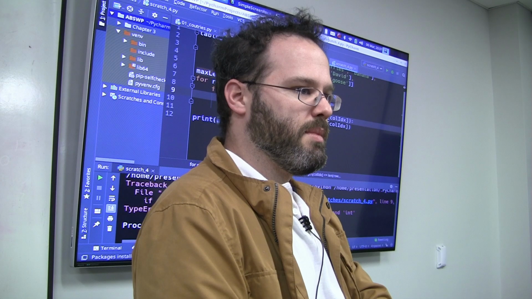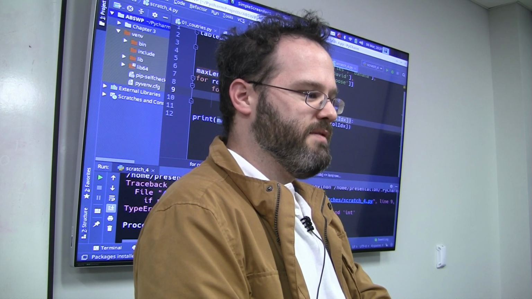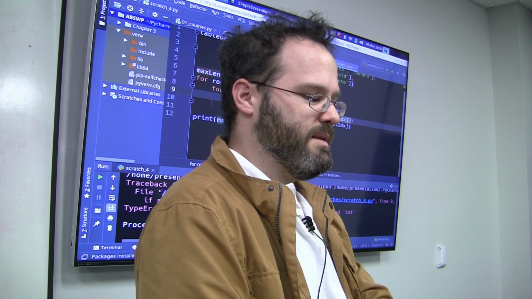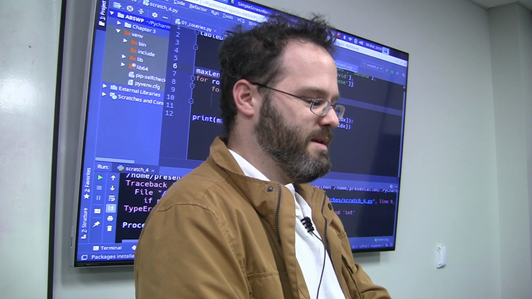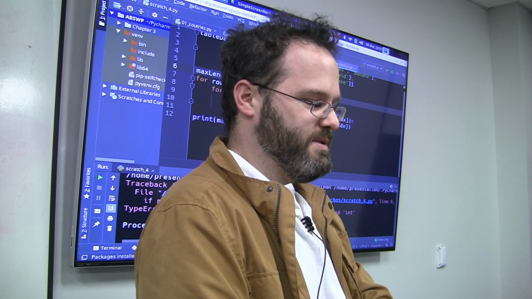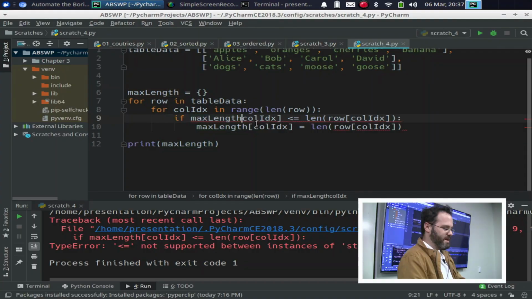Why not use a dictionary of indexes? A dictionary of indexes. That's another option? Dictionary of column numbers. That sounds easier. Yeah, we learned that in the last class. Yeah, let's do that. Okay. So here we create a dictionary, and what we're going to do here is say max length, and then what we're going to do is